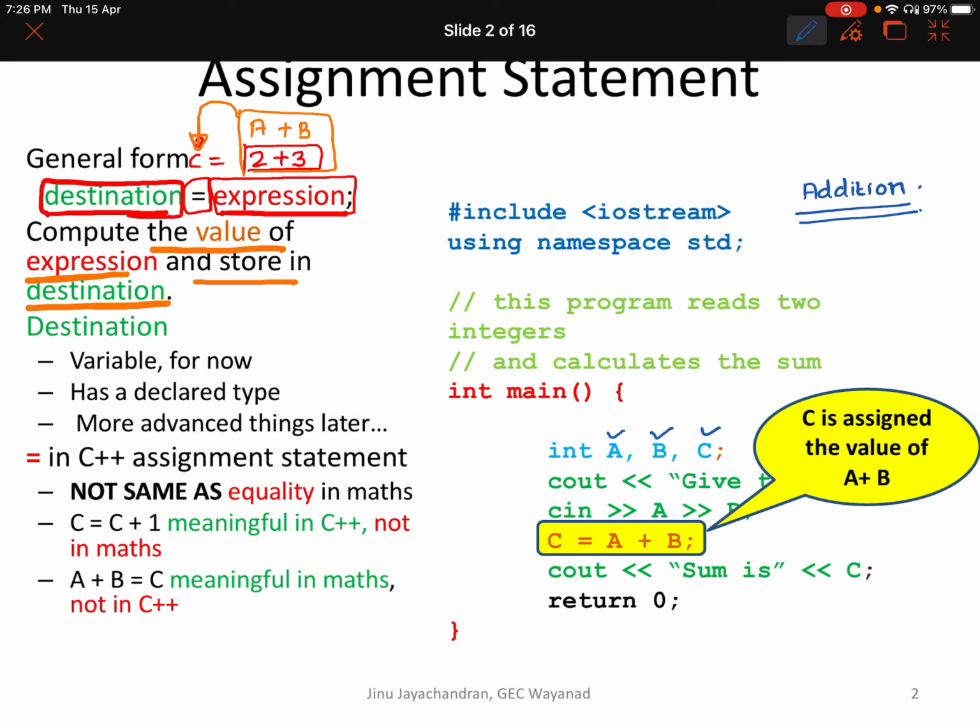This is the same program that we did in the first class, where you take in the values for a and b from the user, add the values and the result is put in c. So here this is the statement where we are doing that. So a plus b is your expression.